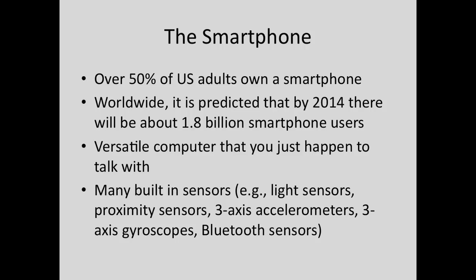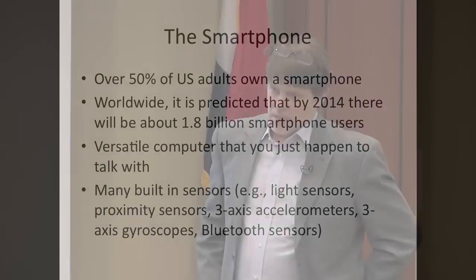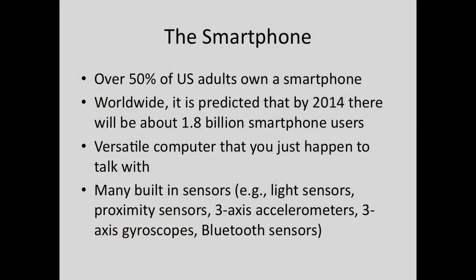There are light sensors, proximity sensors. You have a 3-axis accelerometer. So by getting the data that your smartphone is collecting, I can probably predict your activity, whether you're sitting, running, bending over, kicking a speaker, whatever. I probably can tell that. And most importantly, these have Bluetooth sensors. You're probably more familiar with that because you're playing your music with them, and that's a cool thing. But there are other things you can do with Bluetooth.